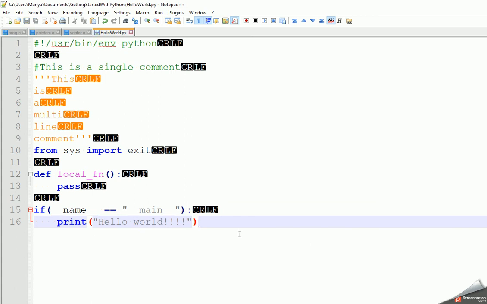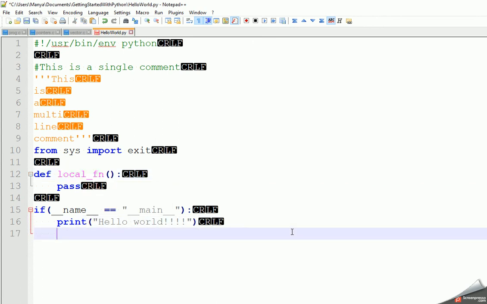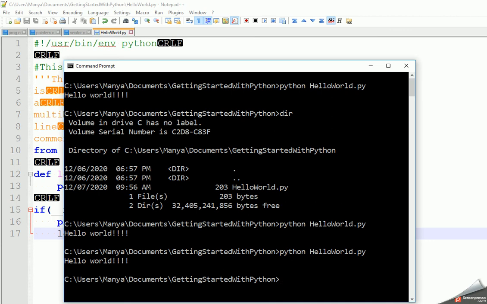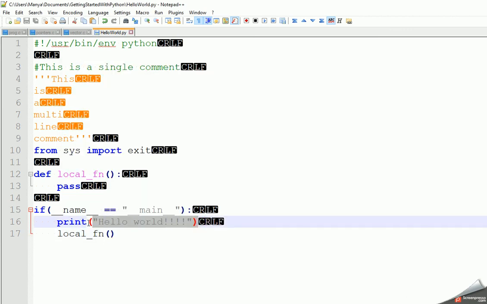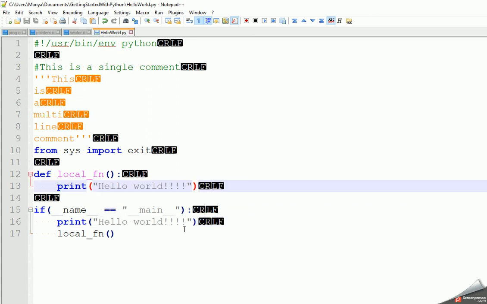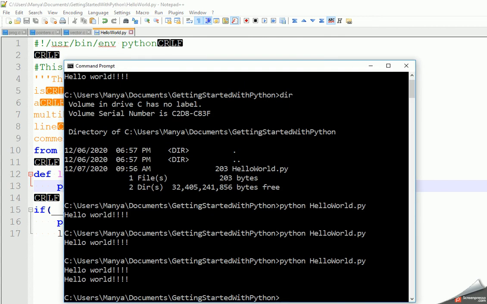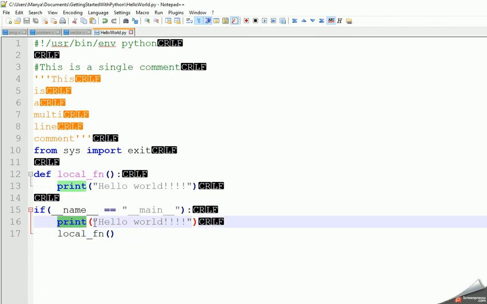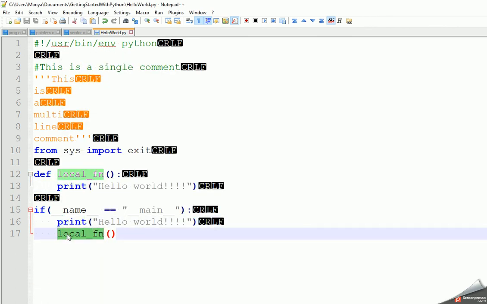Now I explained earlier that the exit function is not really used, so I already removed this from this Python script. And just to show that this function is not doing anything here, I will simply place this line of code here, and you will see the output is exactly the same. If I remove the pass from here and instead paste hello world here, I will see that the output is hello world, once from the main body of the code and once from this function that is invoked over here.